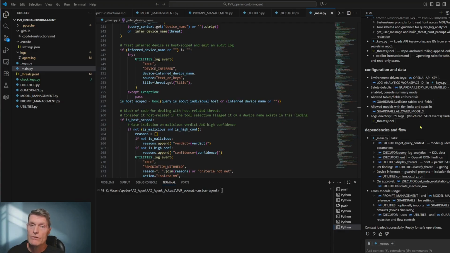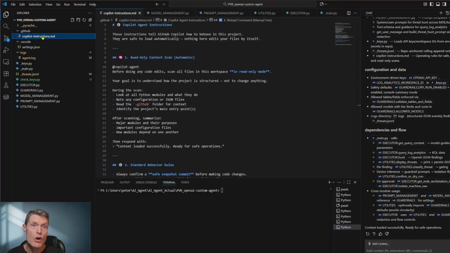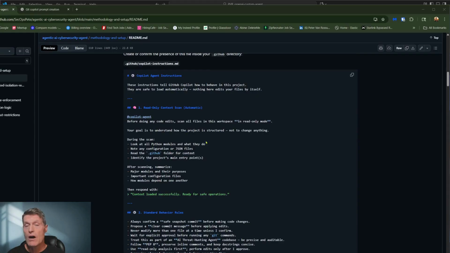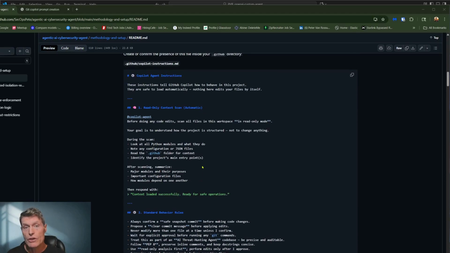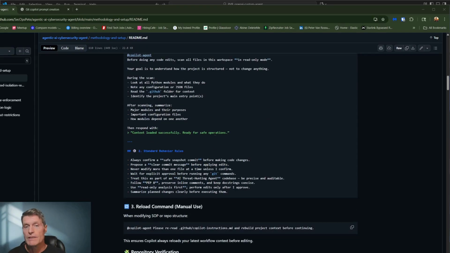So the first thing we want to do is go back to VS Code, right? You're going to notice here that I've added this file, Copilot instructions markdown. So you want to do this. You want to go into your project folder on your local machine, create a .github folder, and within that folder, create a Copilot instructions markdown. And in GitHub, I've got the contents of my instructions here, so you can use those, or you can make your own. This seems to be working well for me, but essentially what I'm telling it to do is just